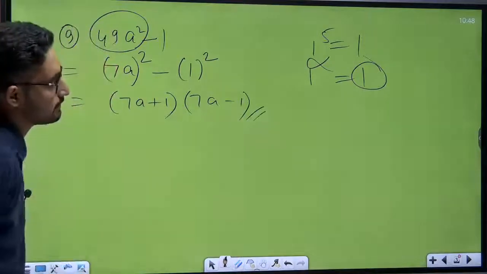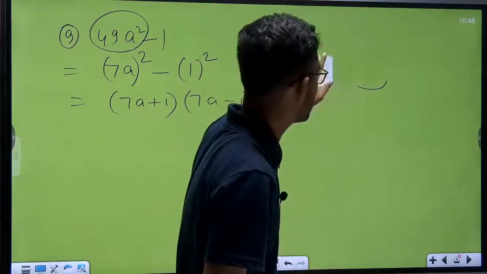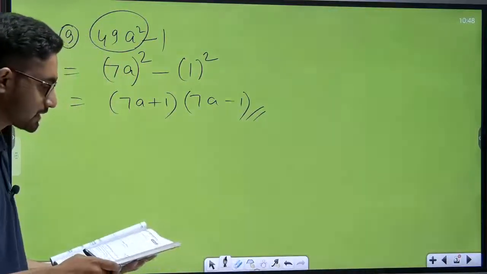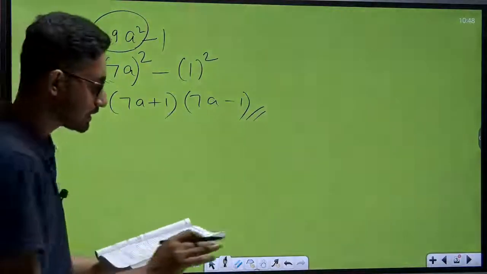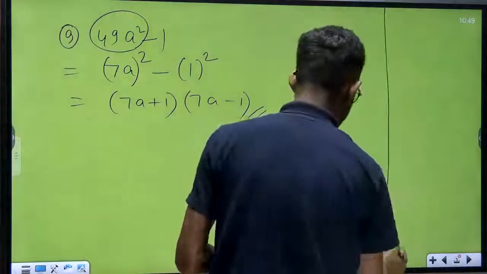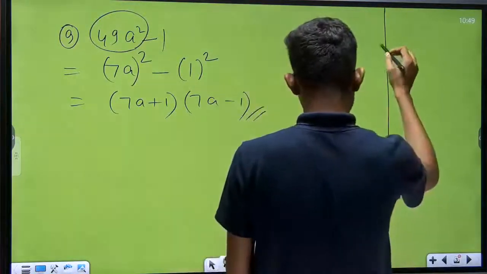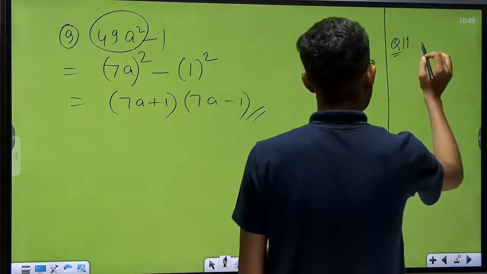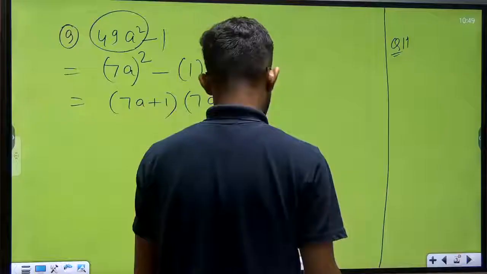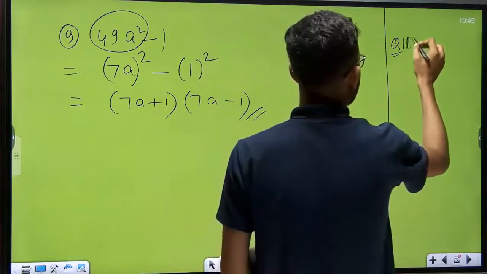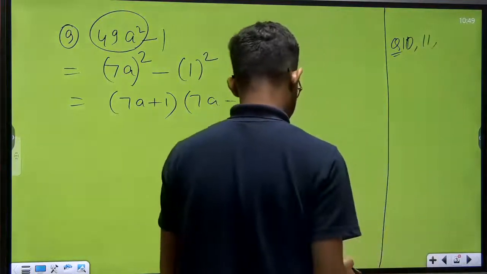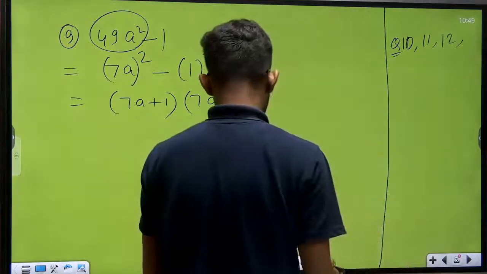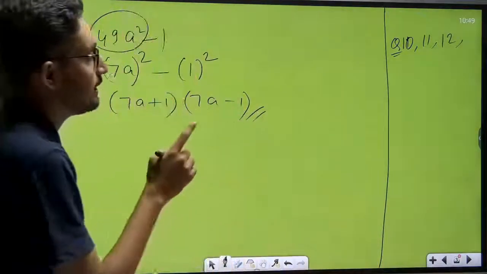Same thing, same thing. Now I will give you some homework, all of you note down. Actually, class is not over, but in between some questions are repeating questions. That's why all of you note down these questions, because you have to solve them yourself. Otherwise, just write down question number 10, question number 11, question number 12 also, same process. Question number 13 I will do. Okay, 10, 11, 12 you have to solve yourself.